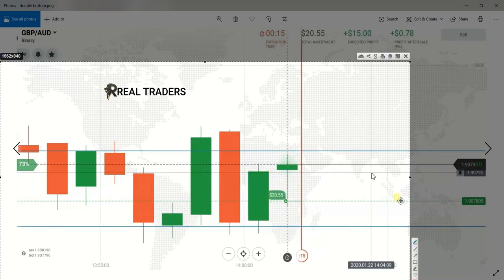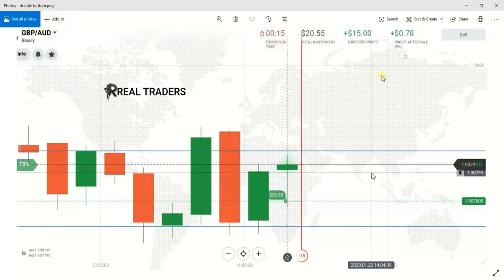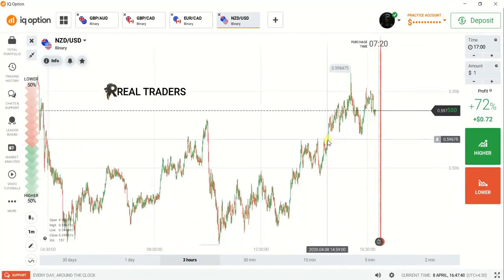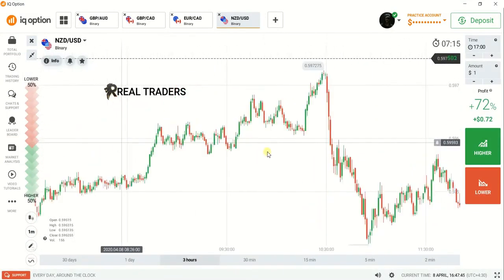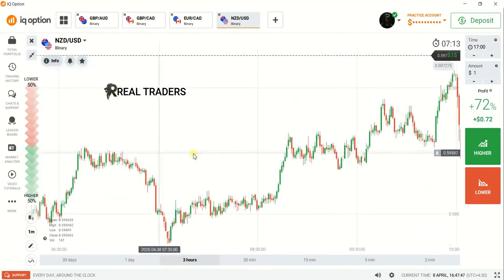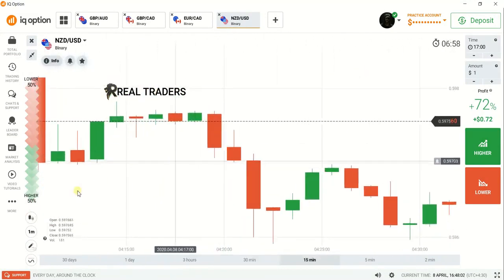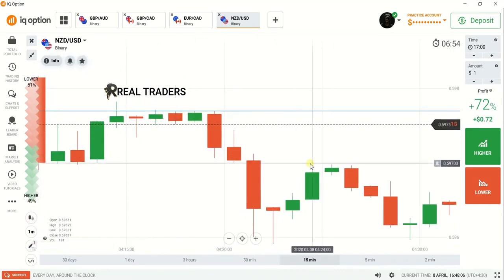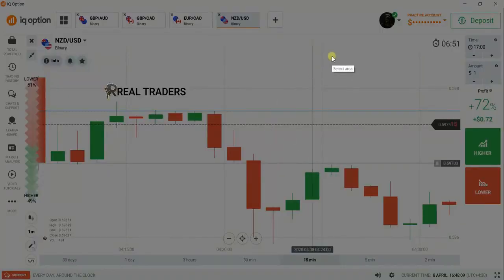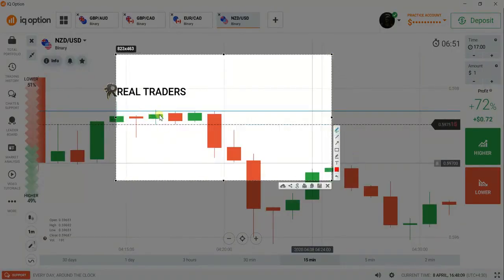Also we have a double top pattern. Okay, let me find the double top pattern here if possible. Okay, here, this is the double top pattern. You can see at this area the market hit our resistance level, then sellers, again it tried,